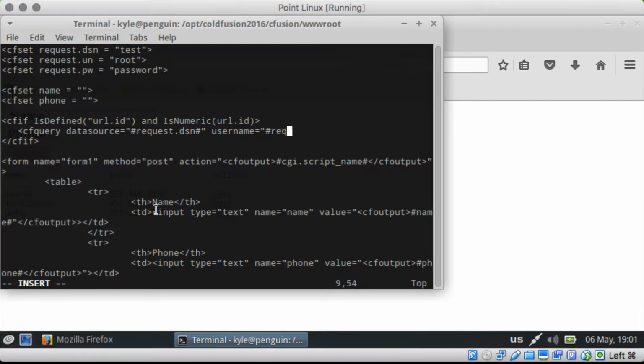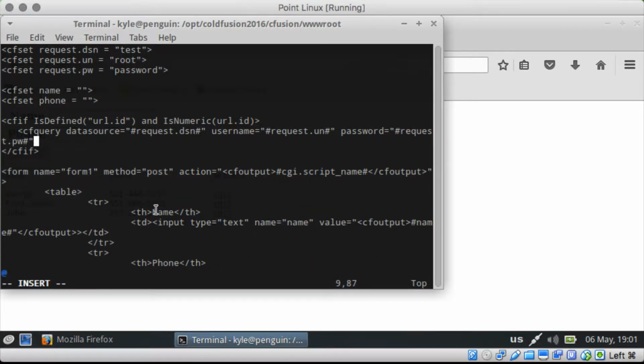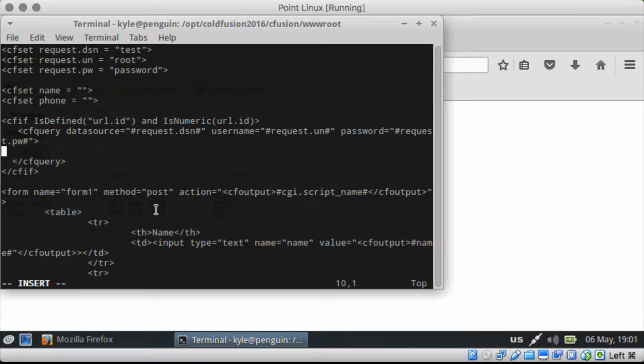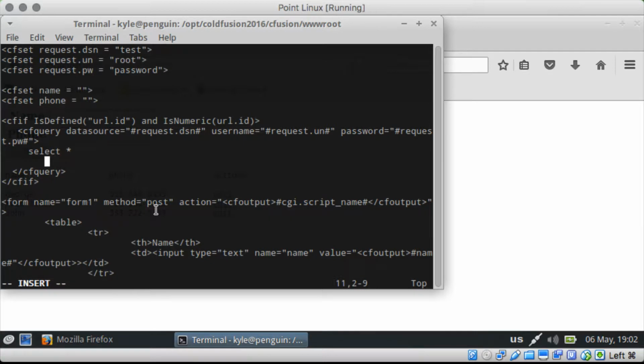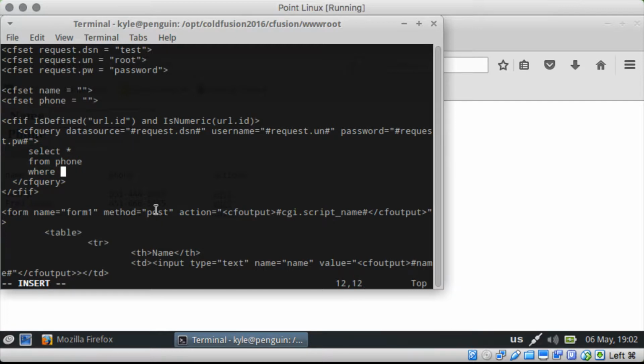Obviously, you would want to keep your view and your controller or your model away from each other. You wouldn't be doing this on the same page, but we can get into that till later. This is just simple things to do. So we're going to select the name. Well, we're going to select all. There's 3 fields. From phone, where ID is equal to cfqueryparam, cfsqltype